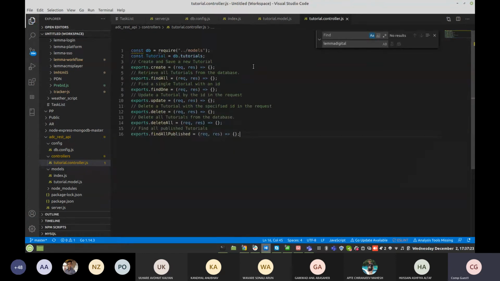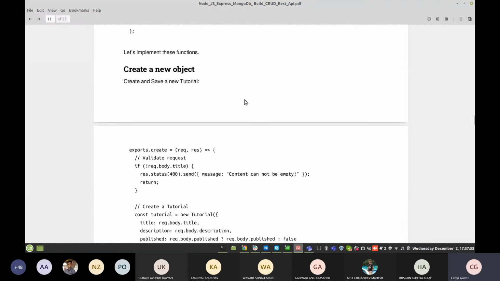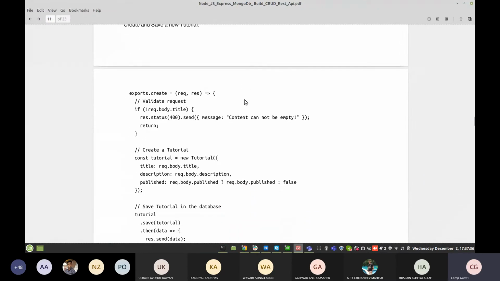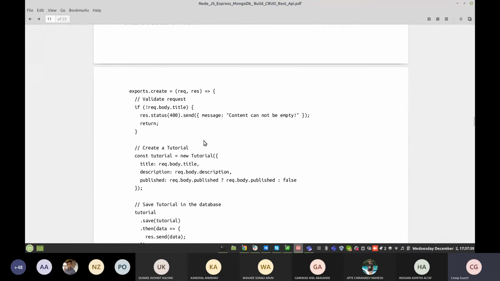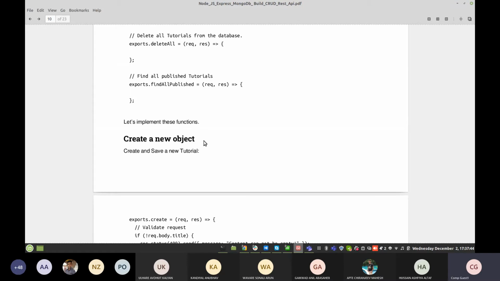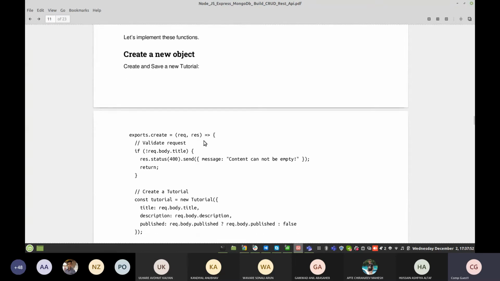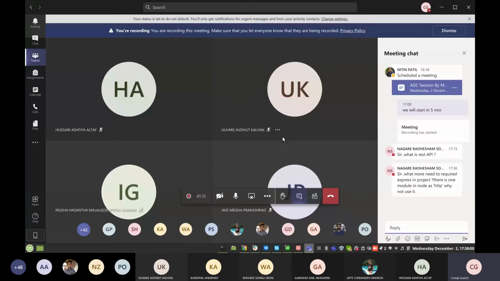Now we need to create the document, so we need to add the functionality. Here is the function implementation that saves the object. Inside that we validate the required fields. Whenever you post something to your data server or your backend, you need to add some validation on that request object. If the request object comes empty or with invalid data, you don't need to update or insert that incorrect information.